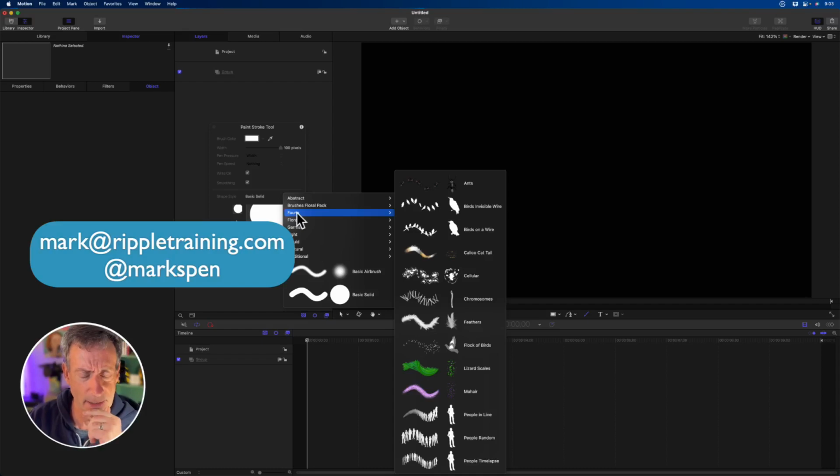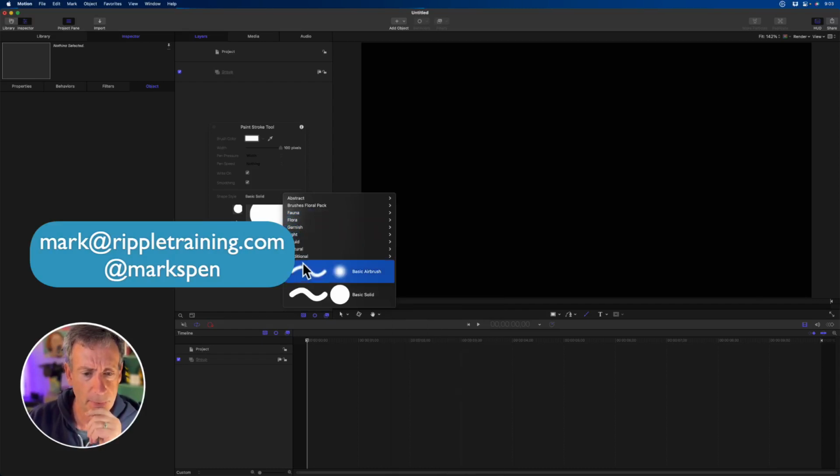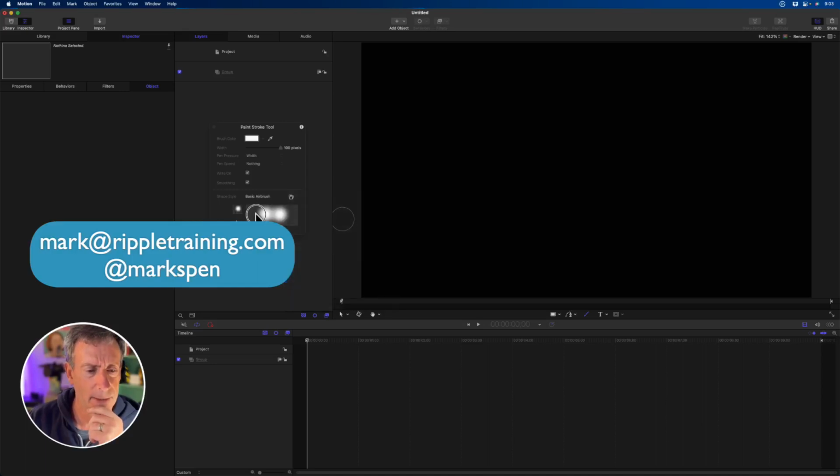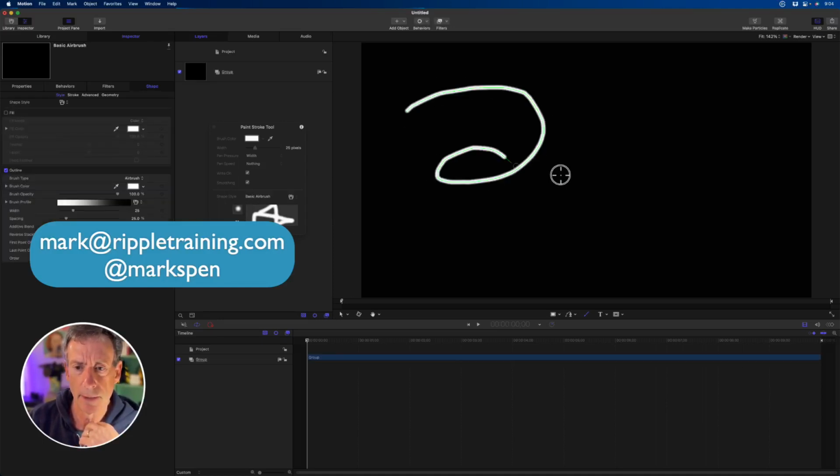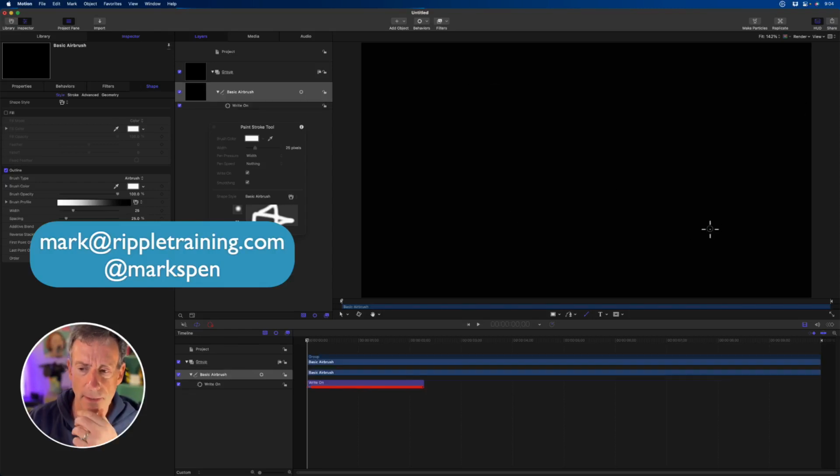By the way, here's Brushes Floral Pack, I'll explain in a minute. You'll see all these other little presets, including this Basic Airbrush and Basic Solid. There's a little thing here you can draw around. You can adjust the width before you start to draw something, make it much smaller, and see what it looks like in there. It gives you a preview just to get a sense of what's happening. With Write On checked and Smoothing checked, and with that tool selected, if you then draw in the view,